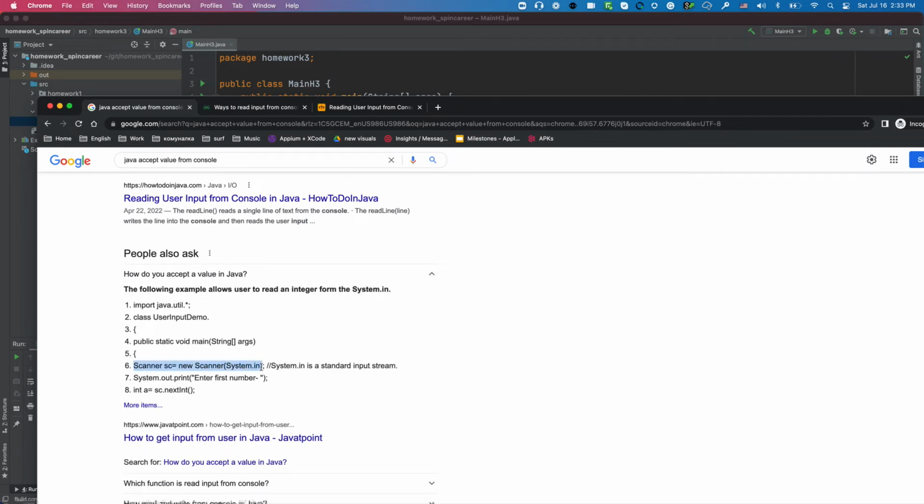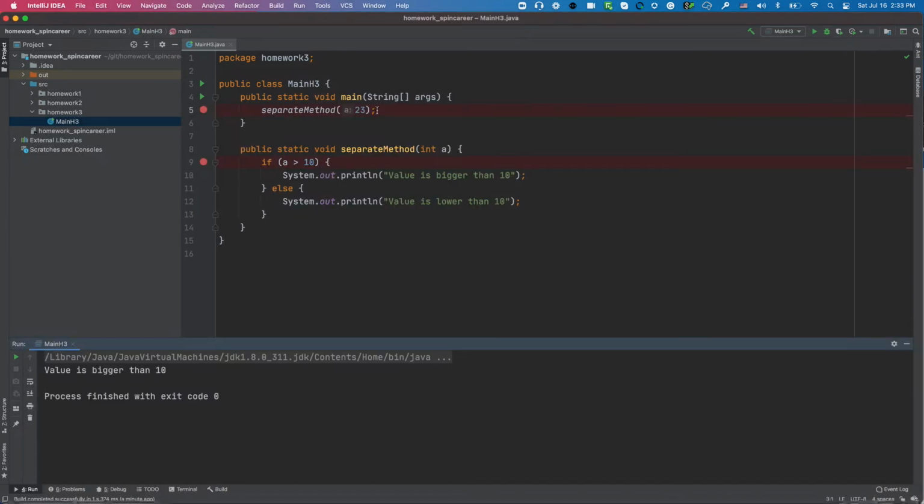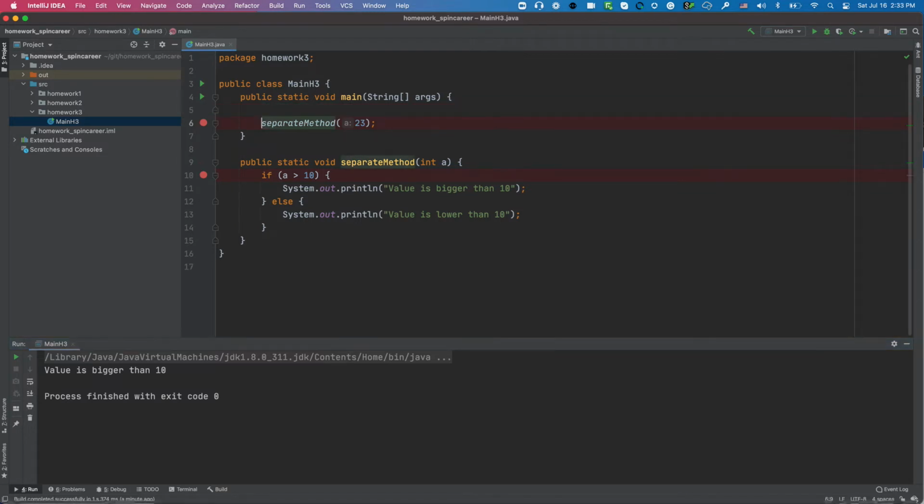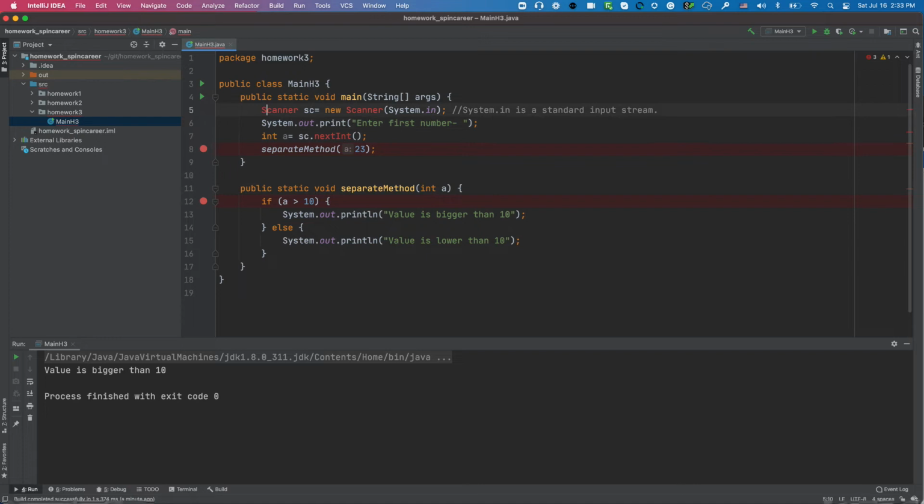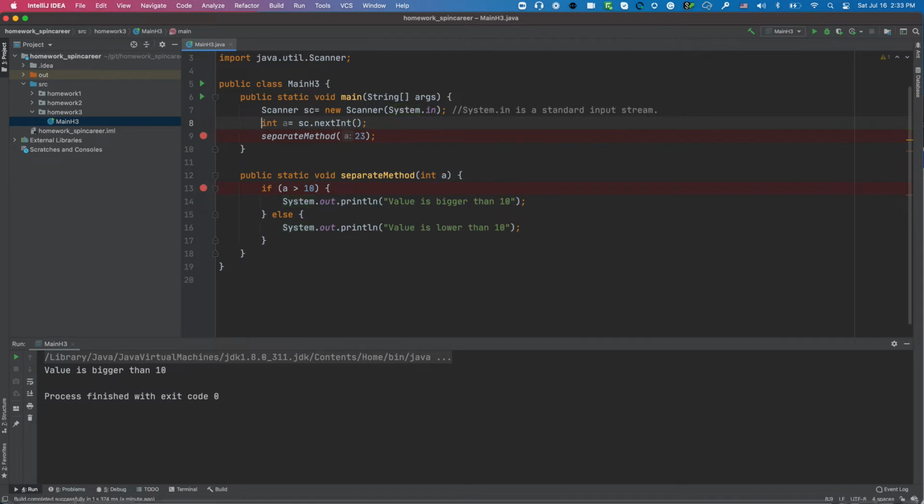Yeah, the scanner. So that's the way it is. You always can do something like this, Scanner. I don't want to print anything. I want to have that a equals the value that I'm gonna type from the console. So I don't have anything hard-coded at all. I'm gonna remove everything extra. So that's how it looks. Scanner is a class from the Java library, from the JDK that we installed, and it's gonna ask me to type that